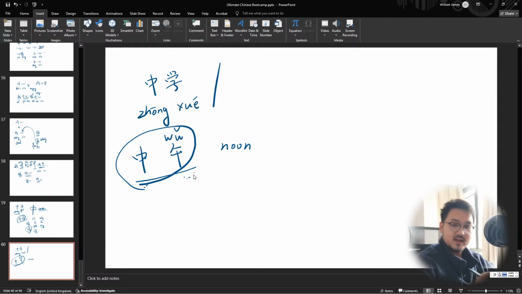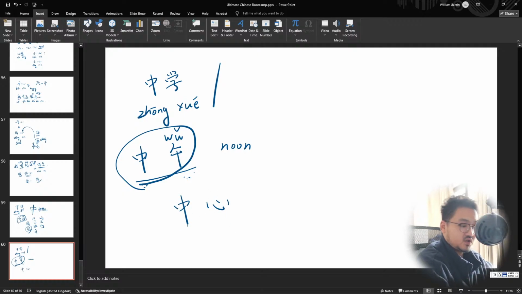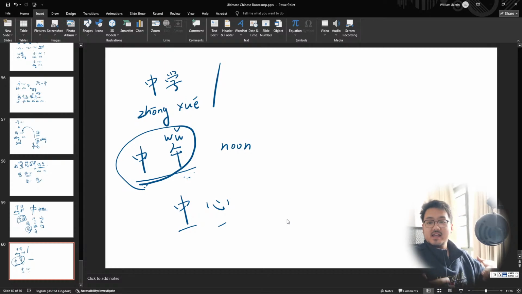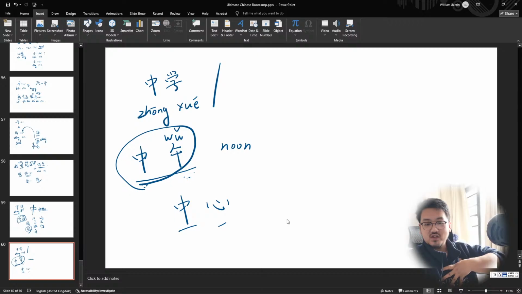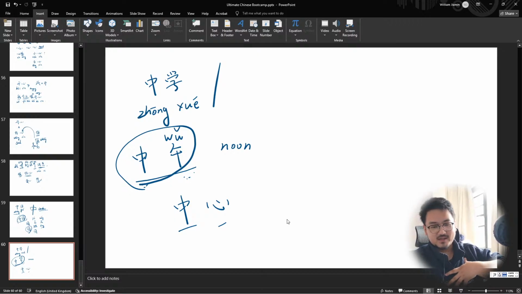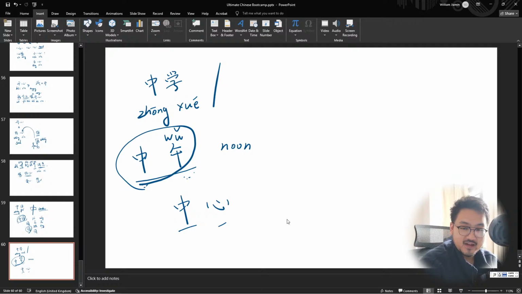And we talked about 心 previously. What about 中心? 中心 means the center. 心, that's the center of the human body, even though it's a little bit skewed to the left. 中 is like the center. Two similar things put together, 中心. The center. 中心, 中午, 中学, and of course 中间,